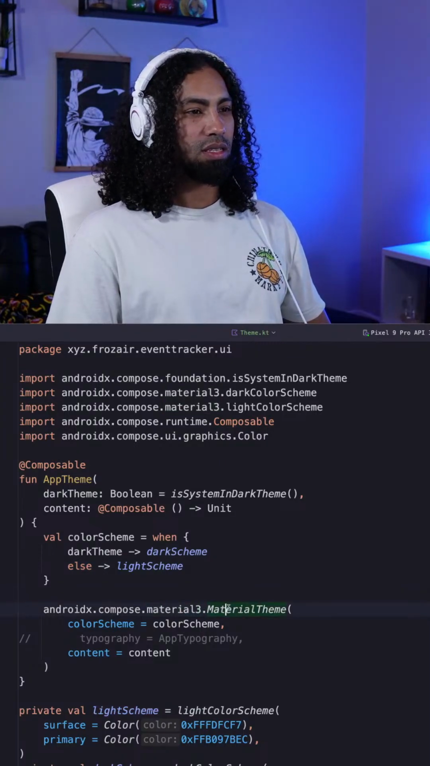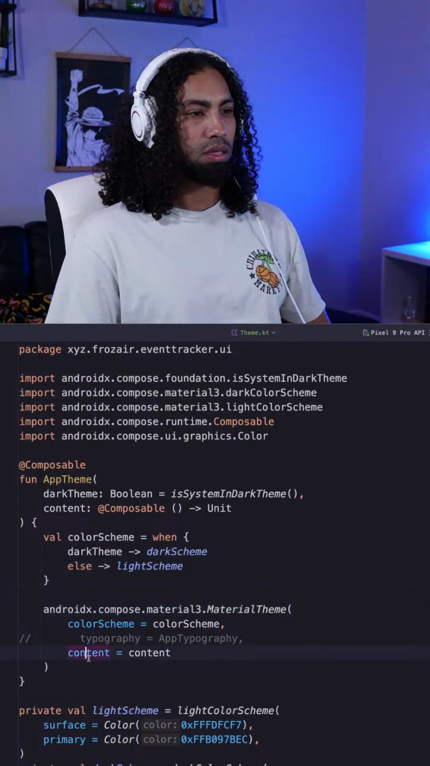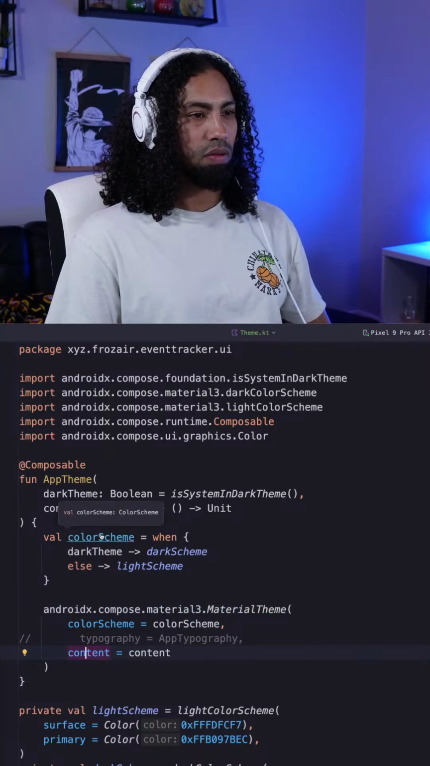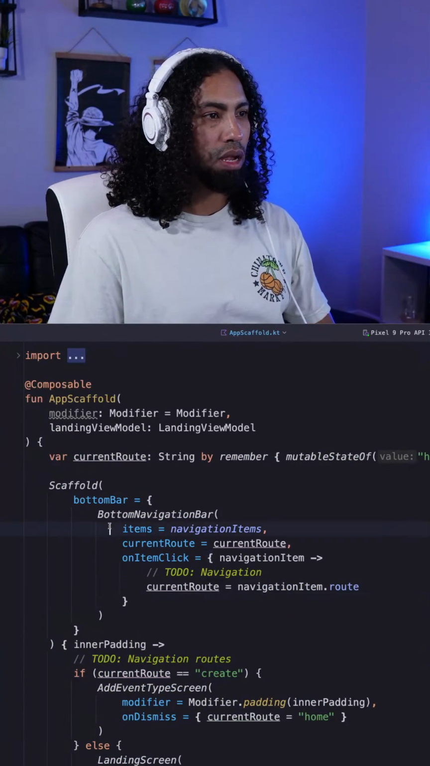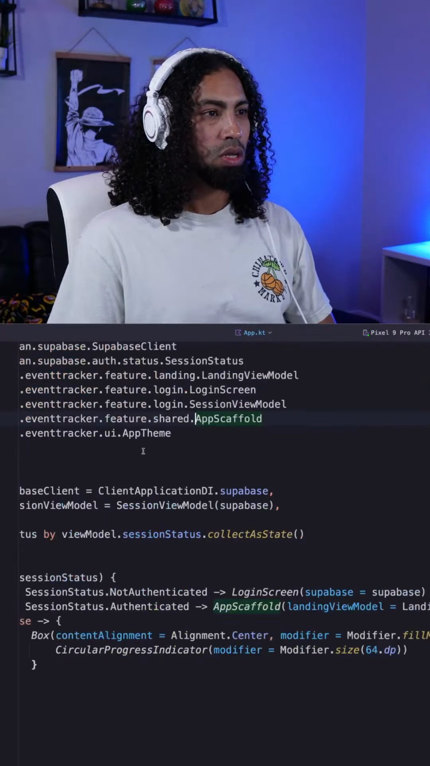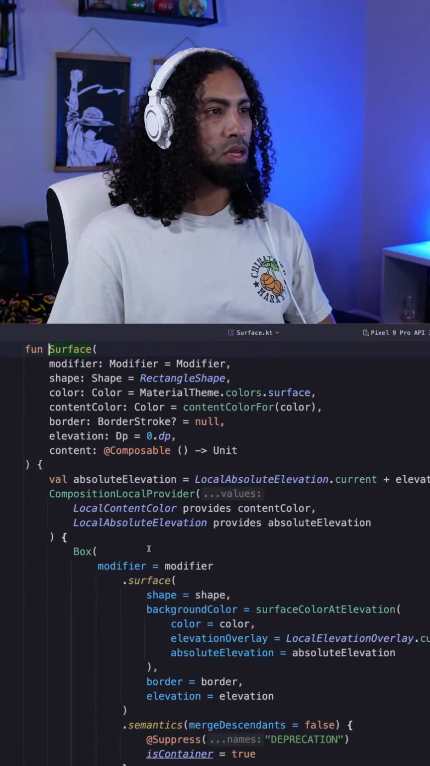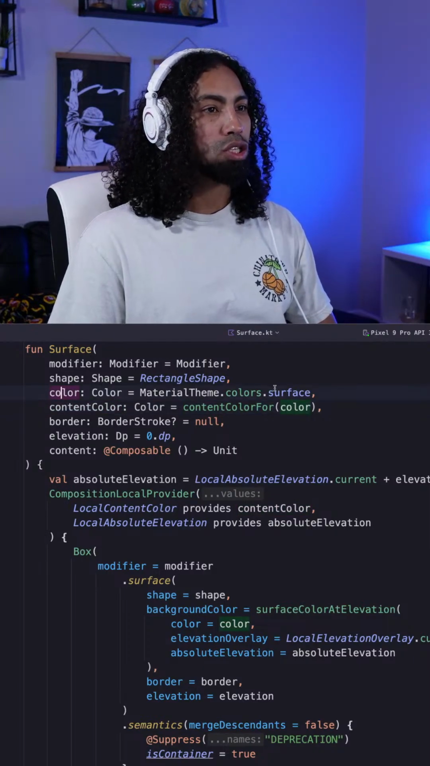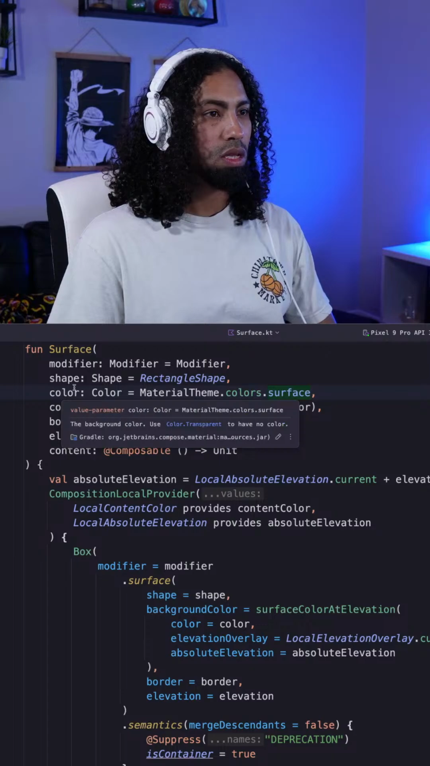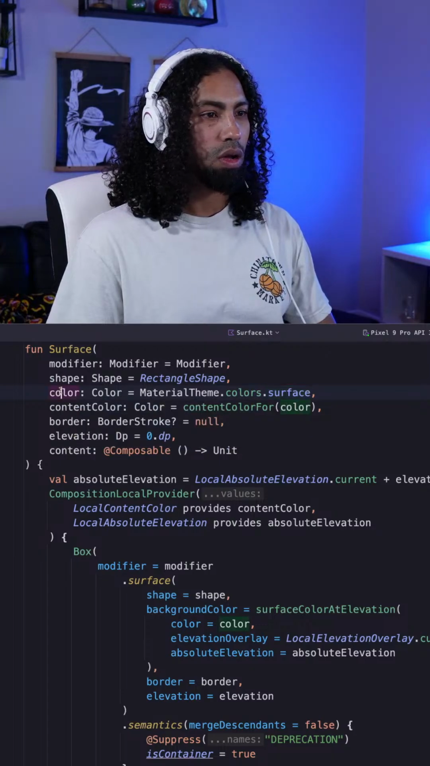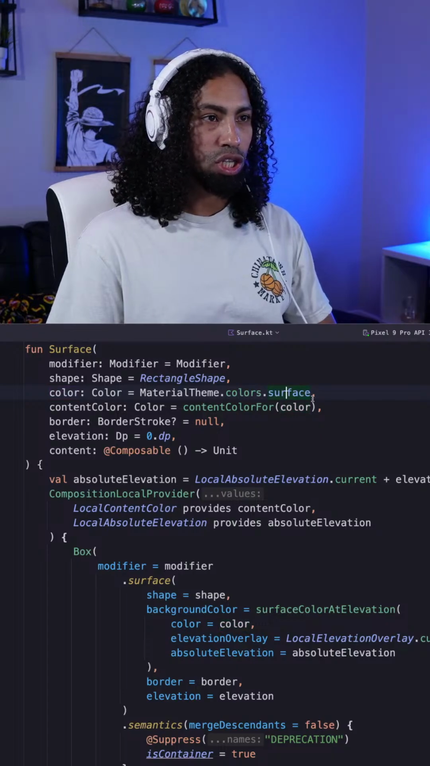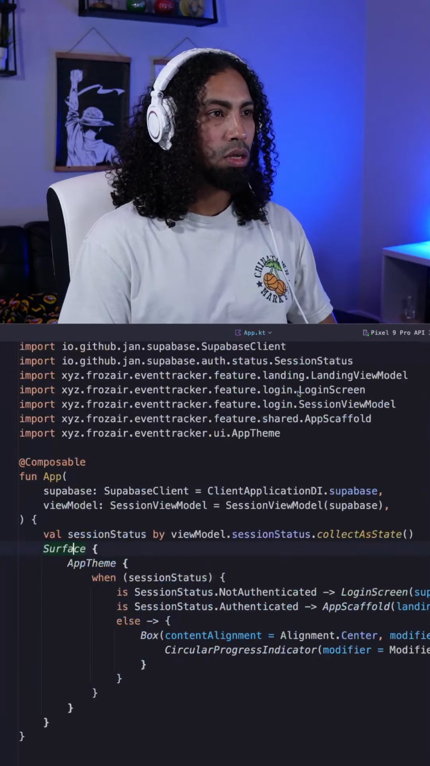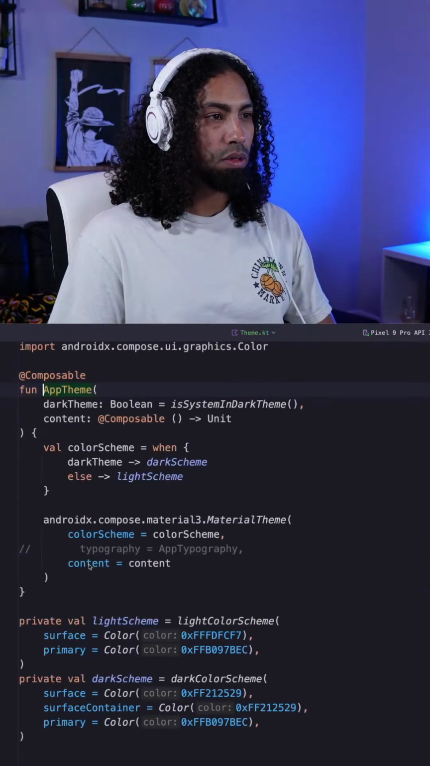All right. This is the material theme that we're kicking back with the content. This is the color scheme that we're giving it. But what is the color scheme for surface? So let's go back here and take a look at surface. Go to the app, see the surface. The content color is the content color for this one. Okay, so we use the color surface. The background color should be this color. So this surface color, if we're using the app theme,